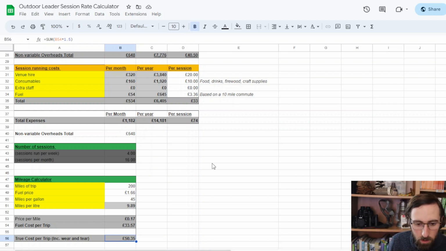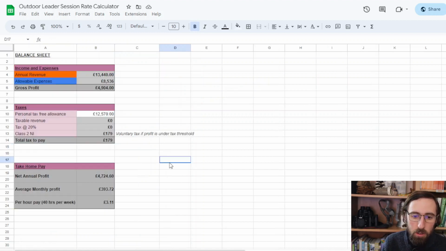Okay, so now that we have the income and expenses sorted out, we have a number per month and per year of expenses and overheads. We've got our base income. We can then head over to the balance sheet, which brings it all together. As you can see here,